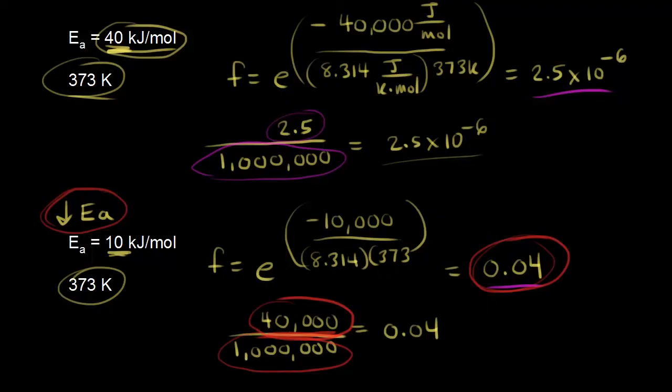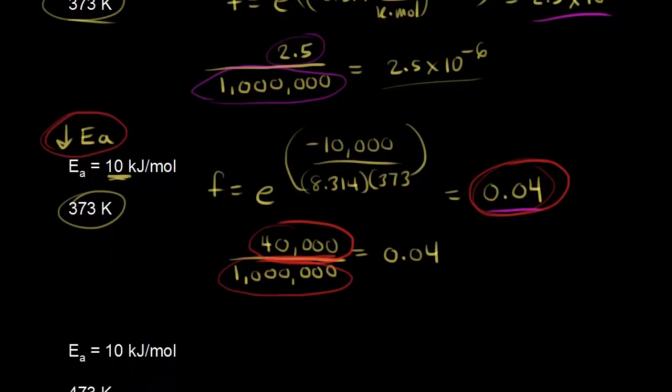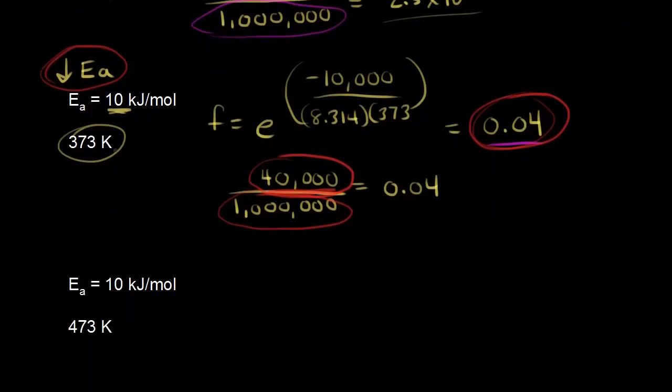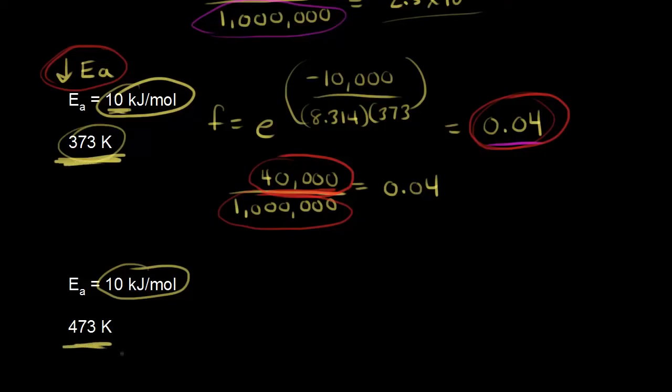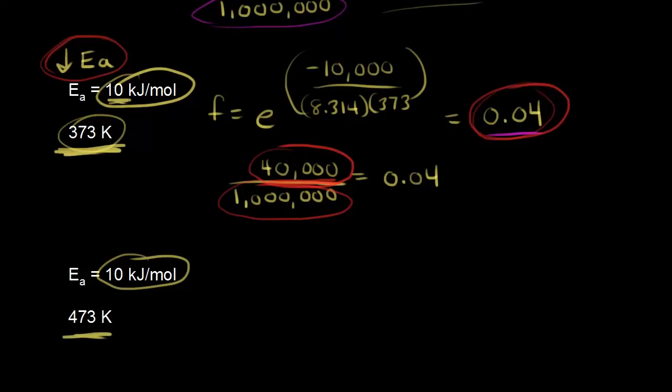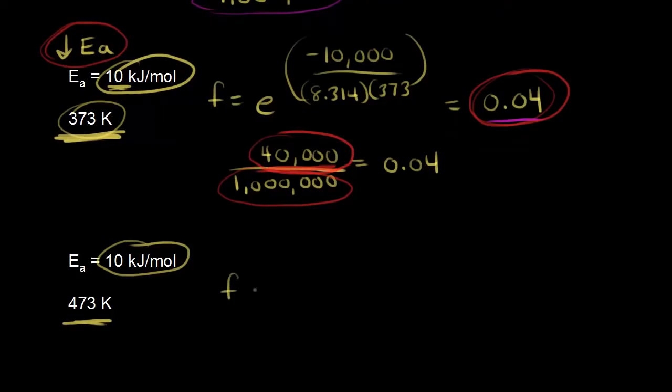All right, let's do one more calculation. This time we're going to change the temperature. So let's keep the same activation energy as the one we just did, so 10 kilojoules per mole. This time let's change the temperature. Here we had 373. Let's increase the temperature to 473 and see how that affects the value for F. So F is equal to e to the negative, this would be 10,000 again, e to the negative 10,000 divided by